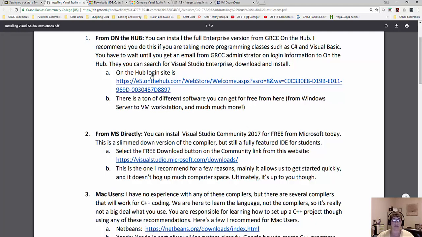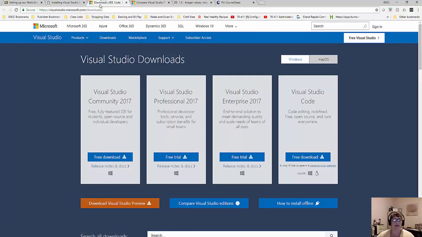So ultimately, the choice is up to you if you're going to download the full enterprise edition or the community edition for free. What that link takes you out to here is the download site. You don't want to install either one of these from here because you can get it from the hub, but the community version is what I've done. So you just click here and start the download,